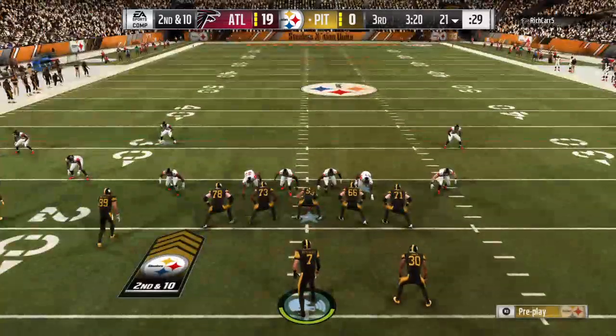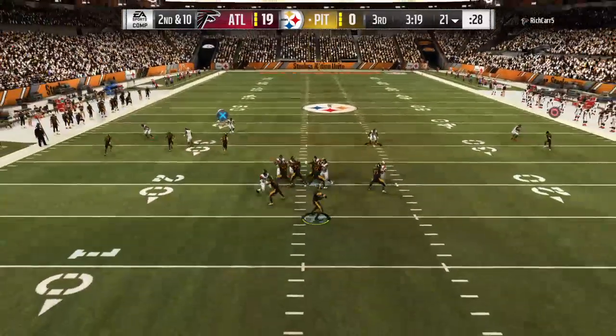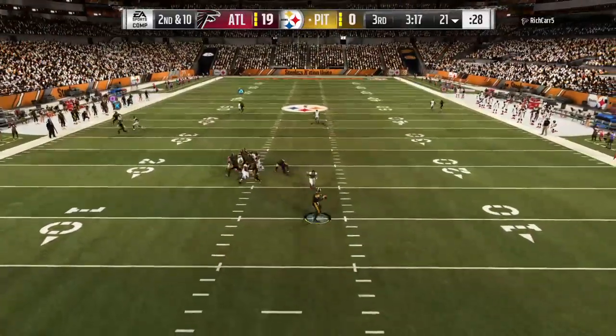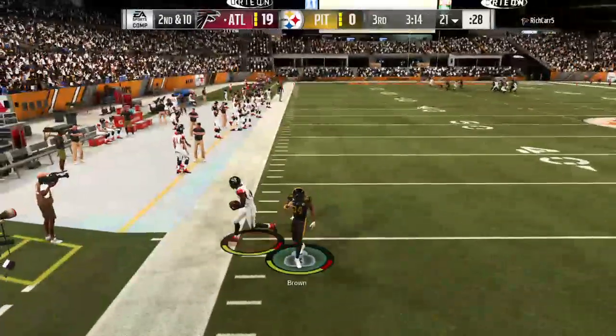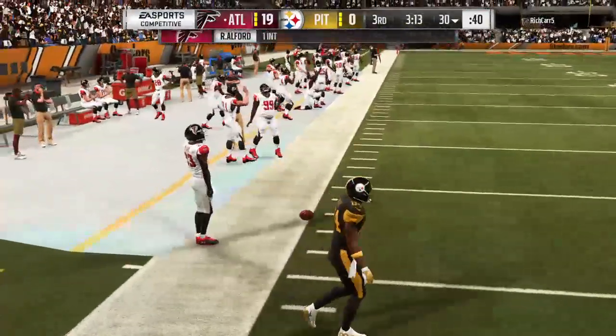From the 21, it's 2nd and 10. Now Roethlisberger, flush to his right. He's going deep for Brown. And now here is another interception. Picked off by...